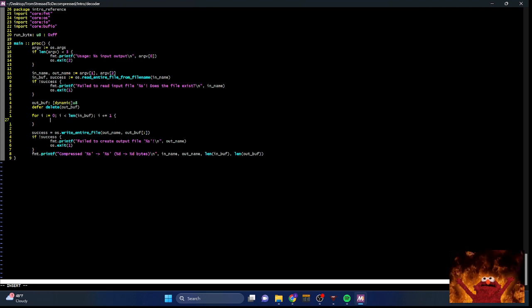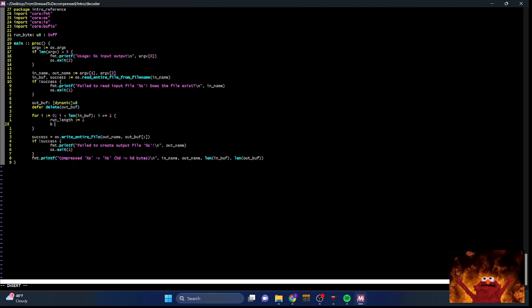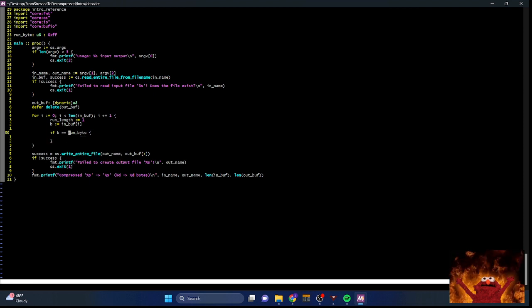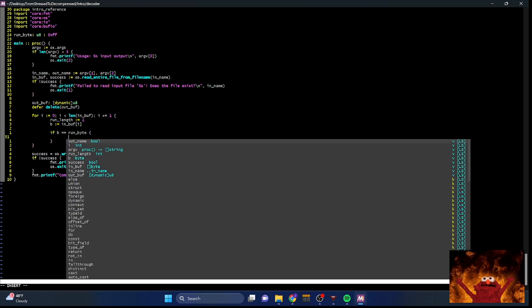And I'm going to say the run length equals 1, and then the byte that we want to use is in buff i. And I'm going to say if b is equivalent to run byte, which is right here, so we use this to indicate that there is a run in the first place, then